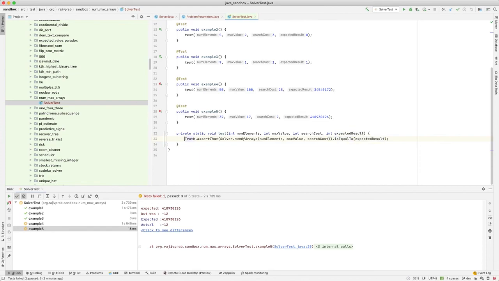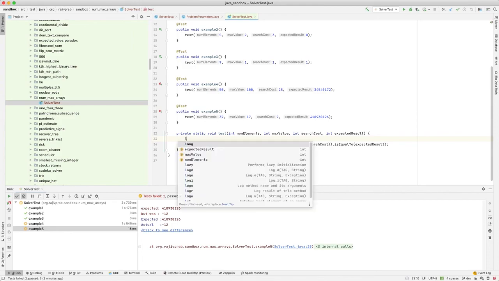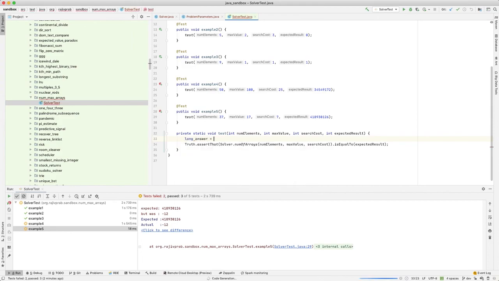Alright, the reason I'm moving everything to a helper method is because what I want to do is do some debug printing. Answer is equal to